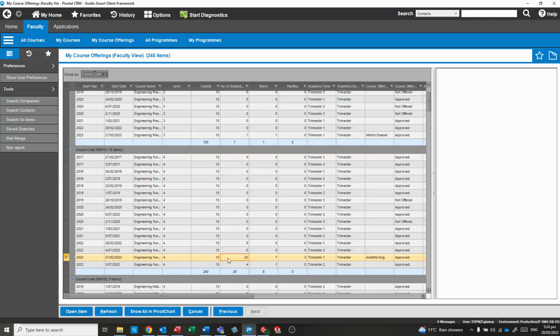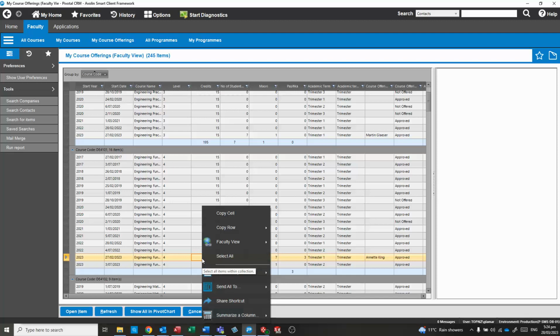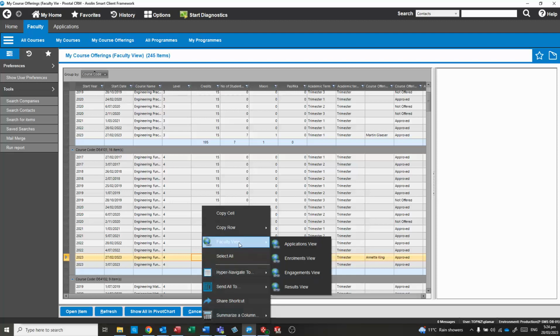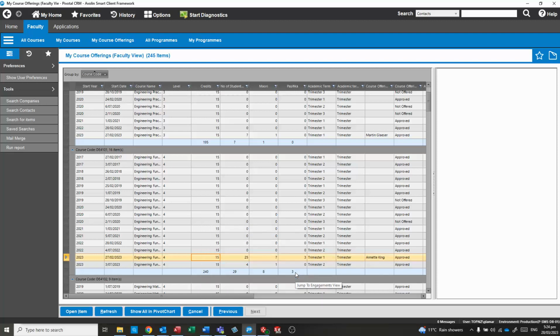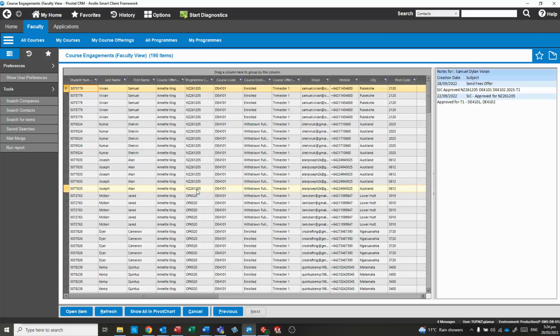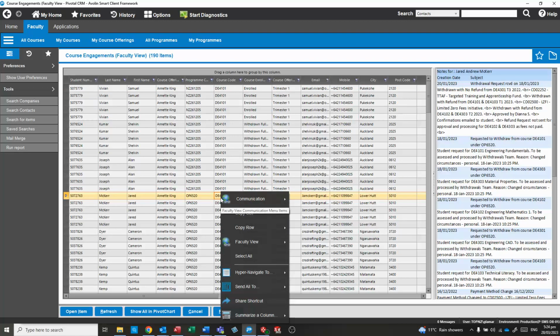So if I click on the actual offering, so this is 23 T1, and then right mouse button click gives us this menu. Go to faculty view, engagements view, and we get this screen. Then we go right mouse button click anywhere and get the same menu we had before. Send all to Excel,